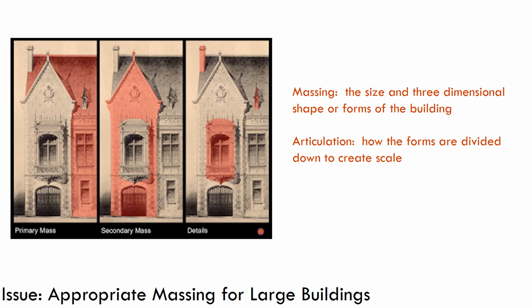In these drawings, we have three images of a corner of a building, and on the left, we see what's being pointed out in red as the primary mass. And that, in a sense, is the big shape, the main shape of the building. And then within that mass, in the middle, we see these corner gables in this projection out here, a secondary mass, and then within the secondary mass, we have details like this. So it's this sort of nested relationships of parts that relate to the whole.